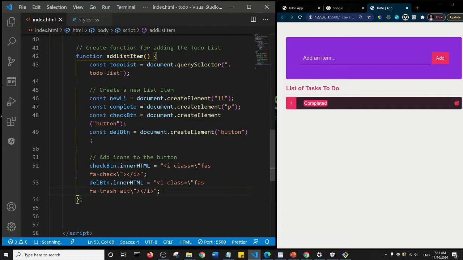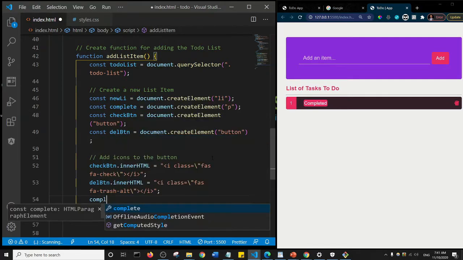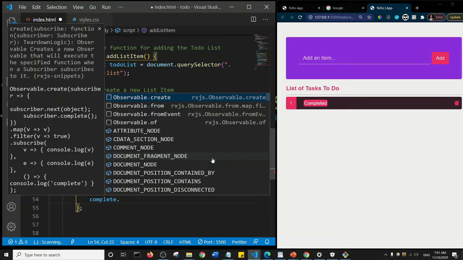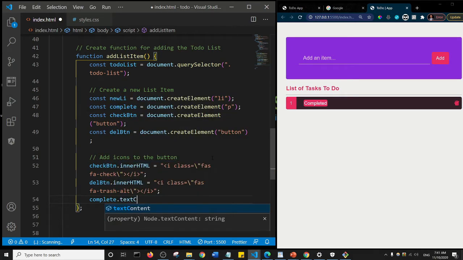So what we will do last is we're going to get the complete tag here. So I would say complete, and I'll just set the text content equals to, and then I'll say completed. Okay, so that's the completed text that we see here. We're setting it with JavaScript, and then let's close that. Okay, so now let me add a comment for the next step in our file. So this step, I'm going to say